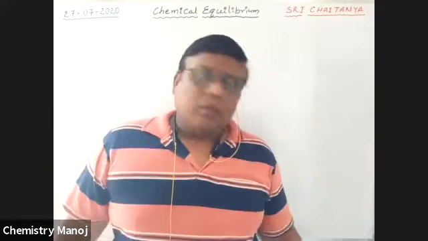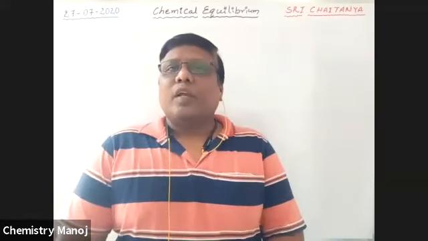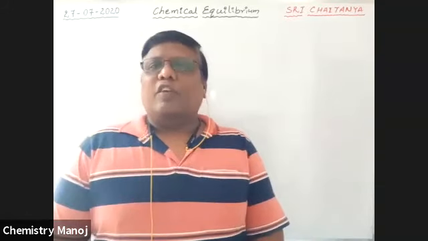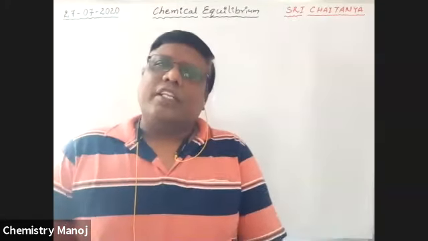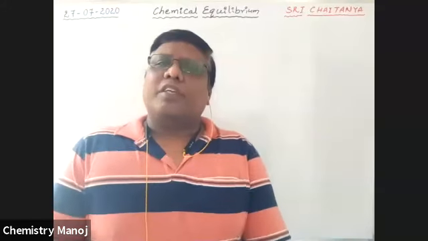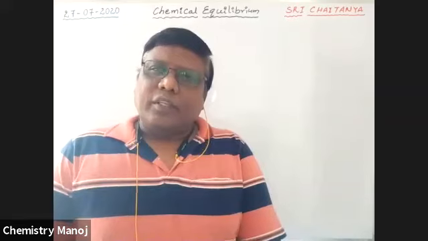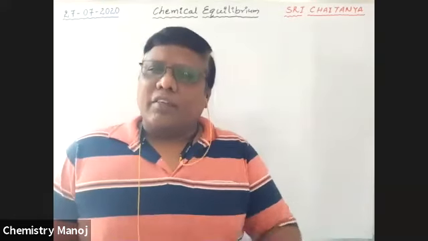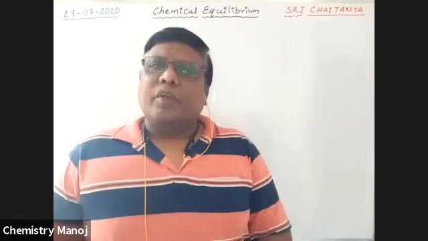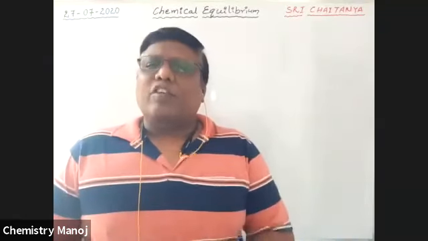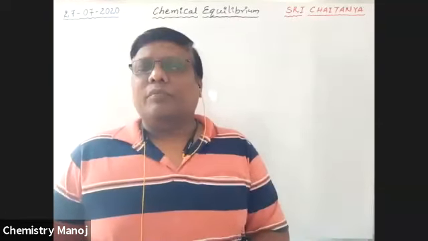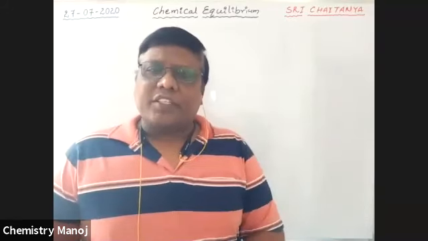Okay. Now our chapter is chemical equilibrium. What is this equilibrium? What are the topics present in this equilibrium? Here, different types of reactions we are going to discuss. There is a reversible reaction, irreversible reactions like that. Reversible and irreversible reactions. Next, what is equilibrium? What is dynamic equilibrium? What are the types of equilibrium? We will discuss it. Please wait.